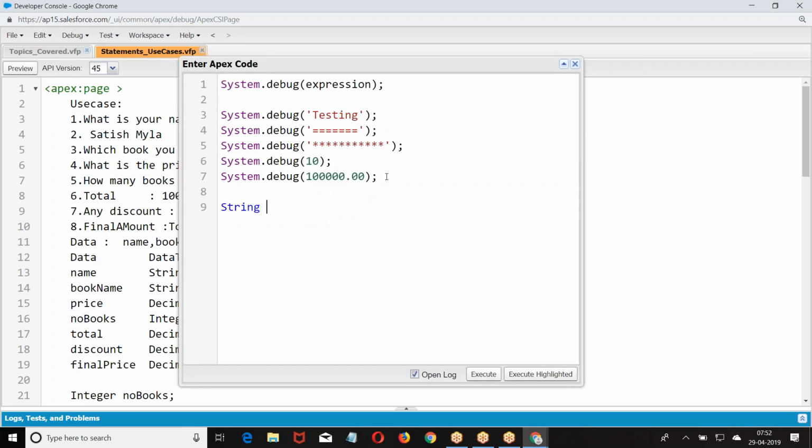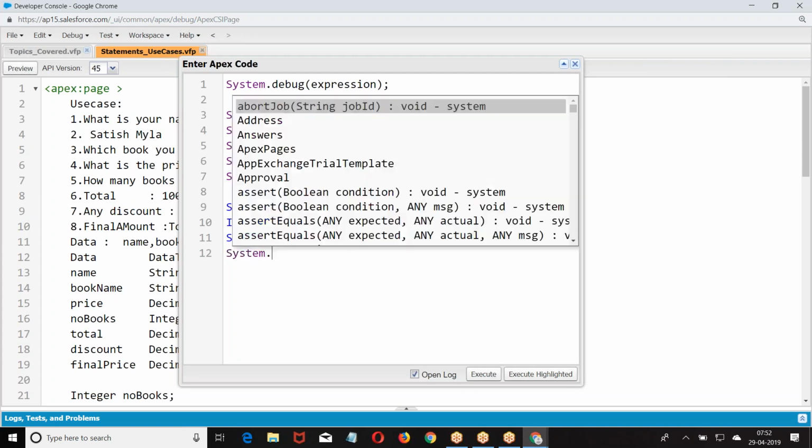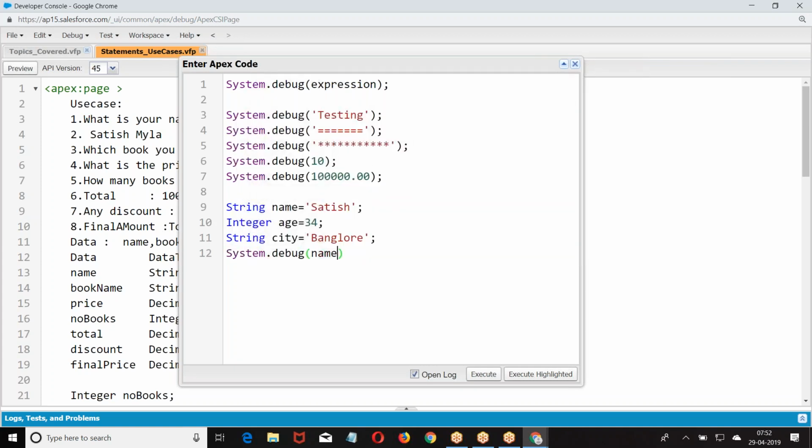Now I am taking a variable here, string name. System.debug name.